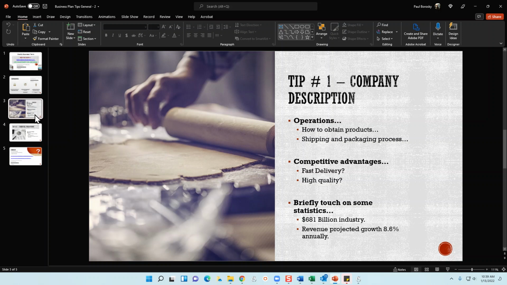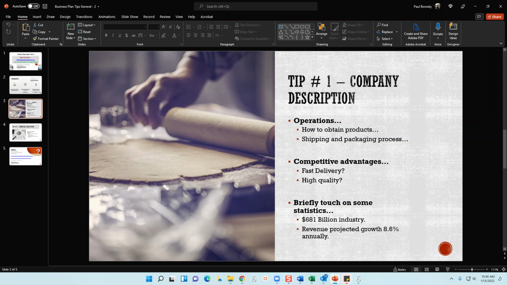Next is you want your document to have credibility. If you say that this is a fact and this is a fact and this is a fact in your company description, when you continue to do that throughout your business plan, once they get to the financial projections and how much it costs to start your business, you're now going to have credibility when you're trying to do projections and estimating on things that haven't happened yet. So if you don't have that credibility, the likelihood that you're going to be believed is low. If you establish your credibility throughout your business plan, then the likelihood of them saying, you know what, these numbers are going to be accurate or they're going to be close, is higher, because you've included statistics.